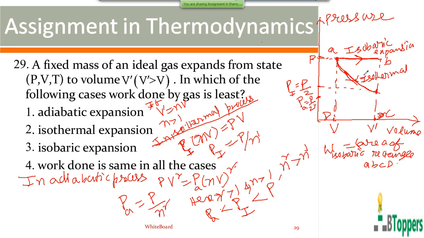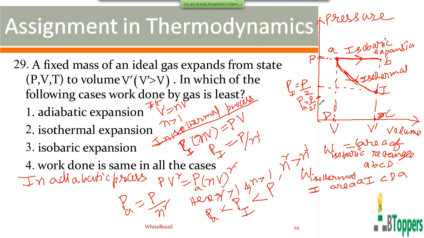So this will represent the final state in the isothermal process, let us denote it by I. That means the work done by the gas in isothermal expansion is the area below the isothermal PV curve and the volume axis between the initial and final state. That is the area below the curve represented by the isothermal curve A to I, then I to C and C to D, D to A.